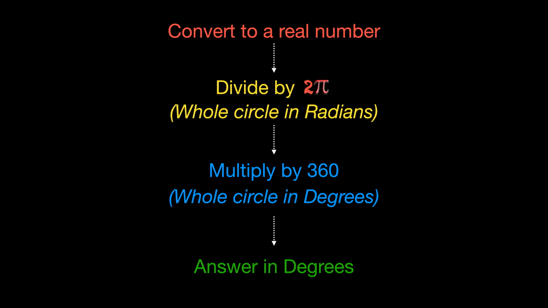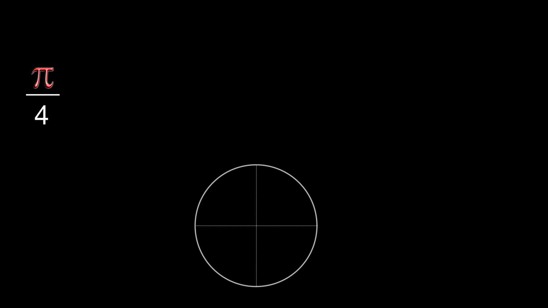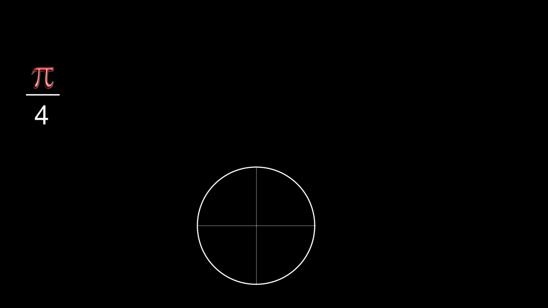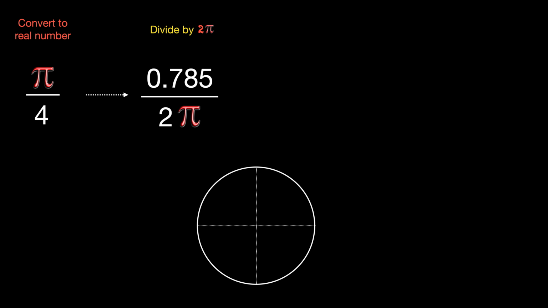So let's take a look at this using that original example of pi over 4, and let's convert this to a degree. Again, we're trying to find what percentage of a circle this is. First, let's convert it to a real number. Just punch this into your calculator, and that's going to give you 0.785. Next step, we're going to divide that by 2 pi. Again, I would do this in a calculator. Divide that by 2 pi, and that's going to give you